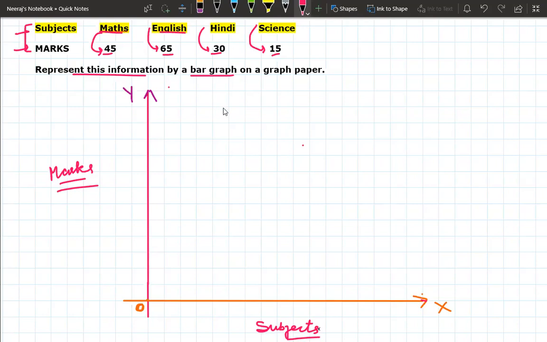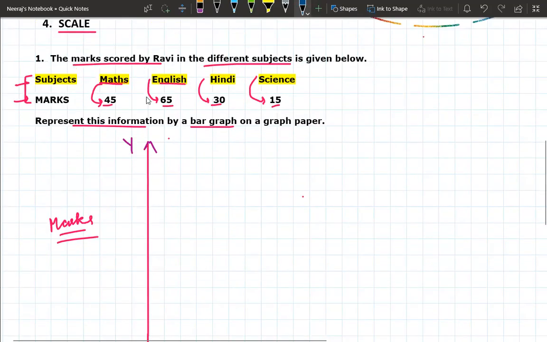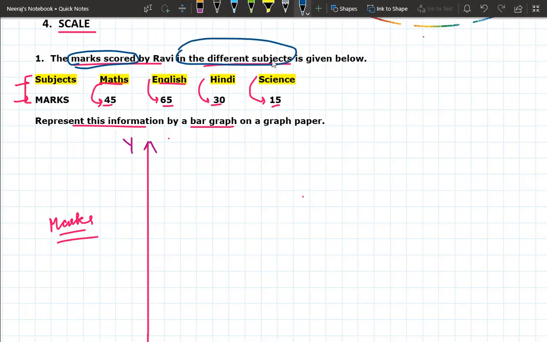right? For it, firstly we will set the title that tells what information the bar graph is giving us. If somebody reads your data, it would be clearer to him or her what information the bar graph is about. So here we have to read the title. So firstly we will read what the title is giving, that is the relation between the subjects and the marks. So here the title is the marks scored in different subjects. Marks scored in different subjects. This is the information giving us the data that the marks scored by Rubbing in different subjects.